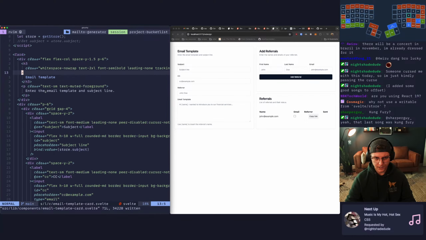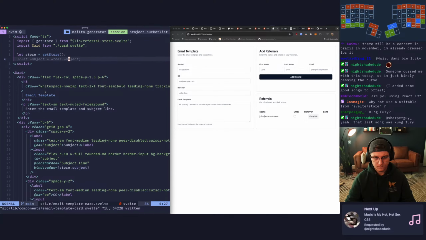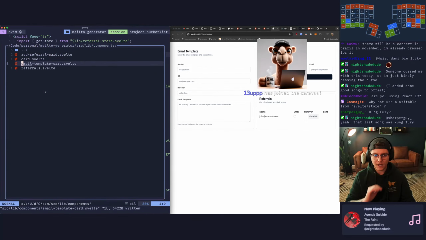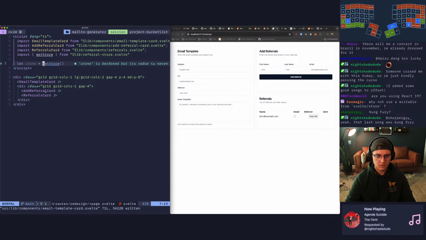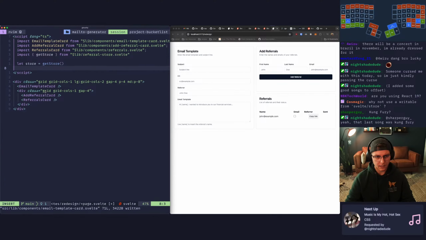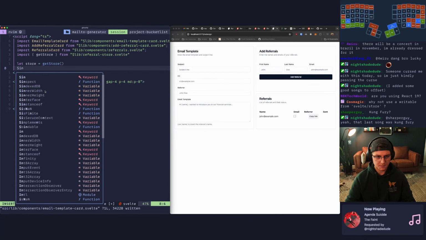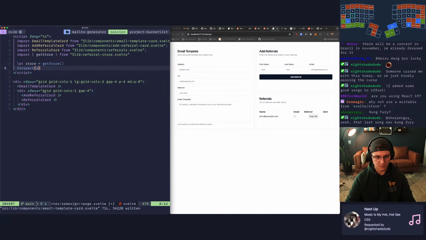So theoretically, if we go to another file now and we go into like, I don't know, page, and we do a, no, not that. It'll be this, inspect, and we should be able to do store dot subject.